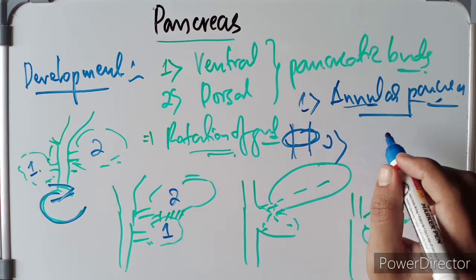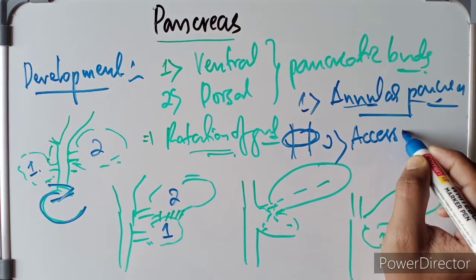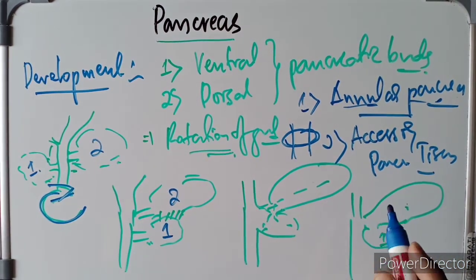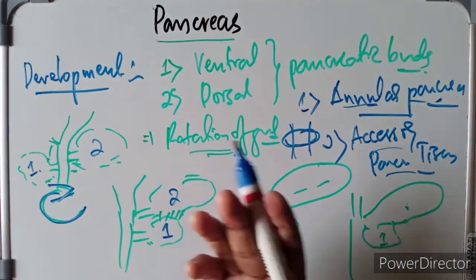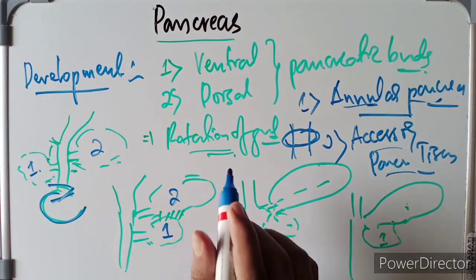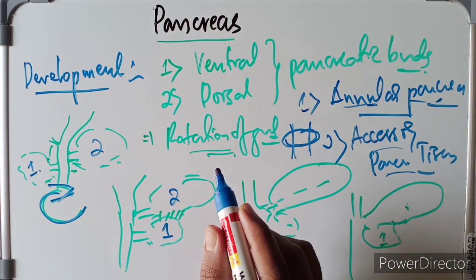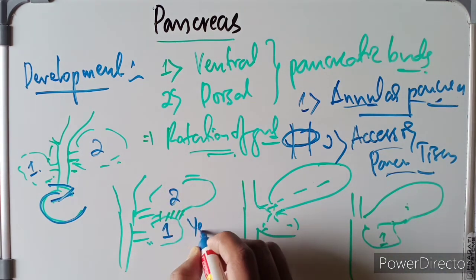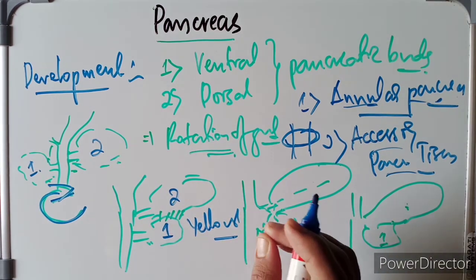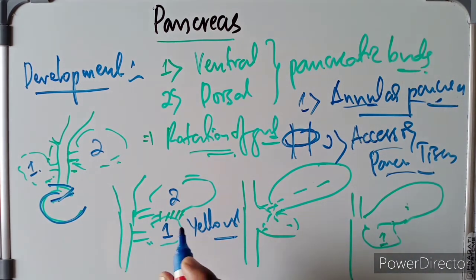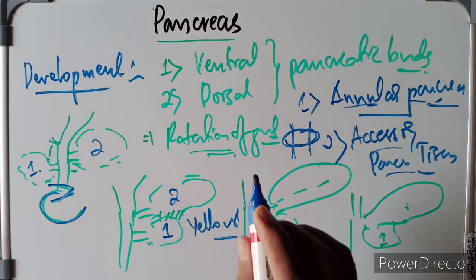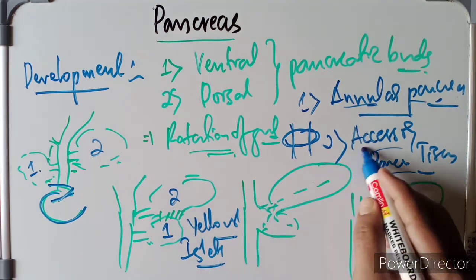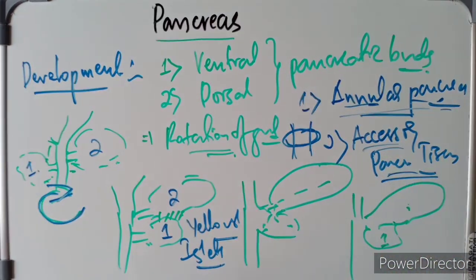And then we have the accessory pancreatic tissue. This is also a congenital anomaly. The accessory pancreatic tissue may be found in the stomach, the duodenum, the small intestine, also as Meckel's diverticulum, the greater omentum, or the hilum of the spleen. It occurs in the form of yellowish lobulated nodules, usually single, about 1 to 6 mm in diameter, and one third of these nodules will contain islets of Langerhans. So this is about the accessory pancreatic tissue and the annular pancreas.